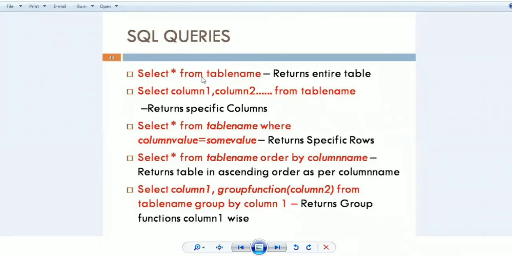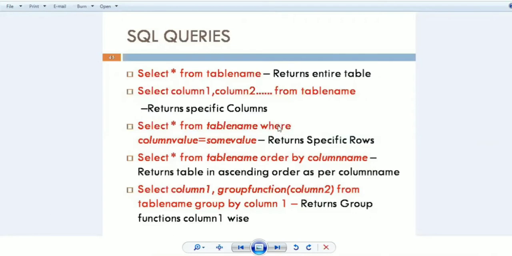To see the specific columns, you will say select column 1, column 2, and so on, from the table name. In place of star, if you want to restrict columns, you will specify the columns. And to restrict the rows, you will put a where condition.